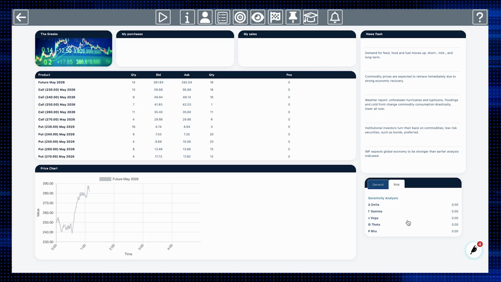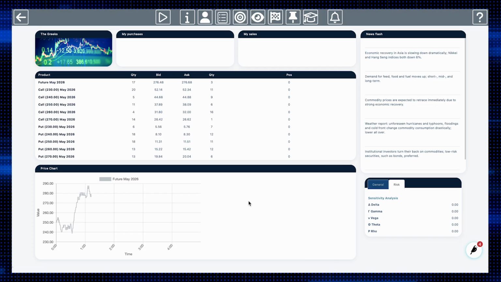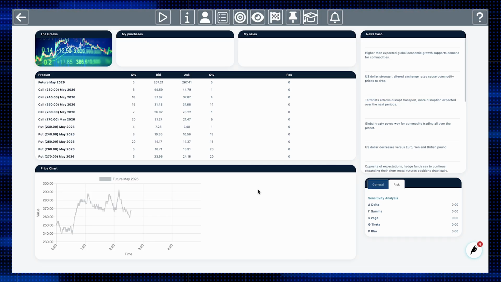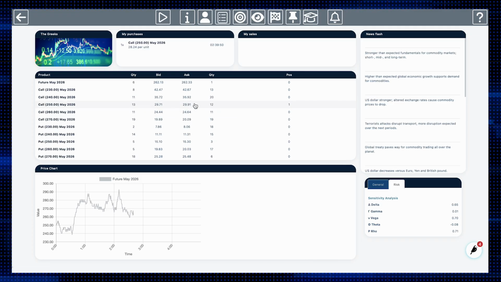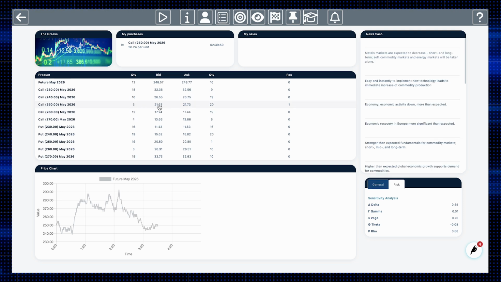Your task is to set up an option position. In other words, you set up an option strategy and see what Greek values each of those positions have and how those values change if the price of the underlying futures contract changes. A long call option, so buy a call and check the Greeks. Also see how they change and try to explain how this comes. Only when that is clear, liquidate your position